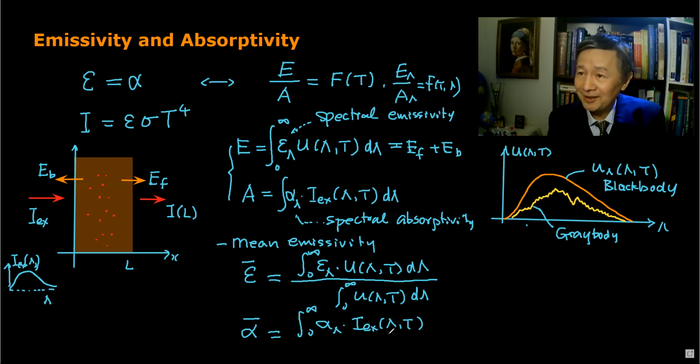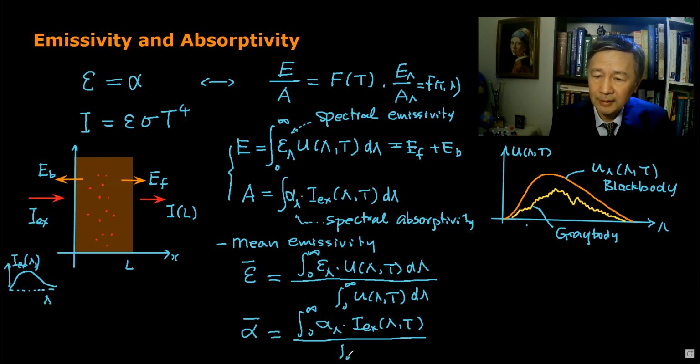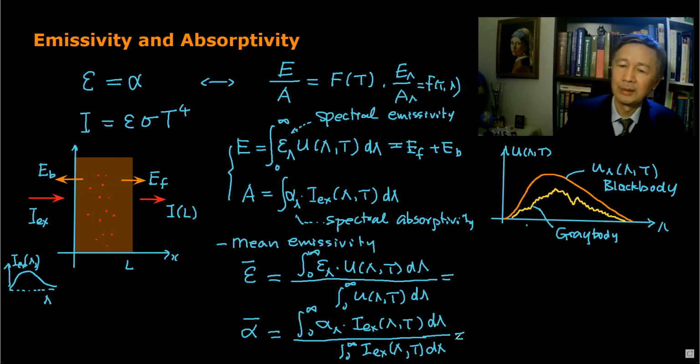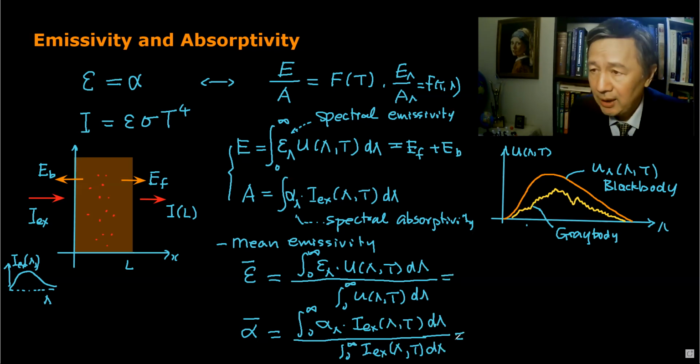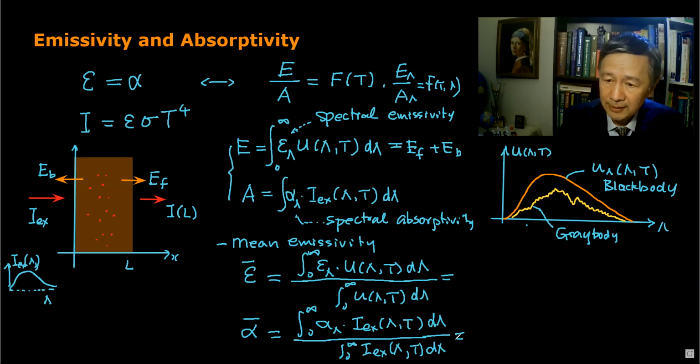And that could be an ideal black body. In that case, you can apply Max Planck's function, divided by the integral from 0 to infinity of the external spectra, lambda, T, d lambda. All right. So if you take into account what we have observed, you can see this would be exactly the black body radiation intensity.